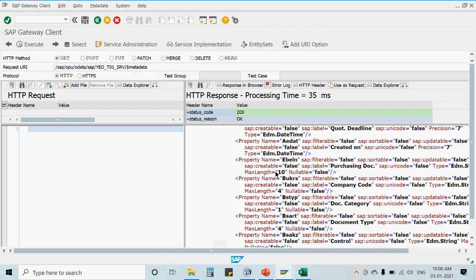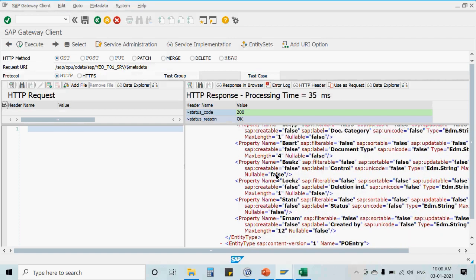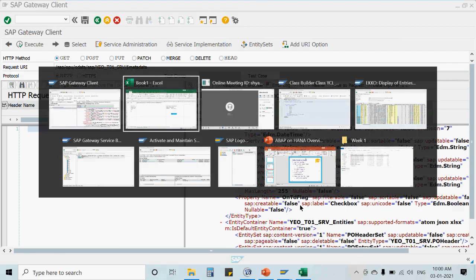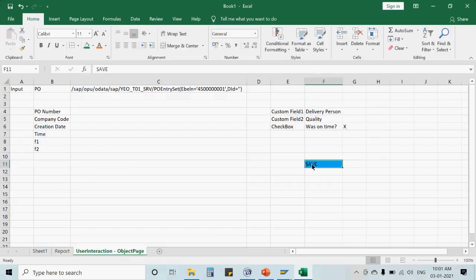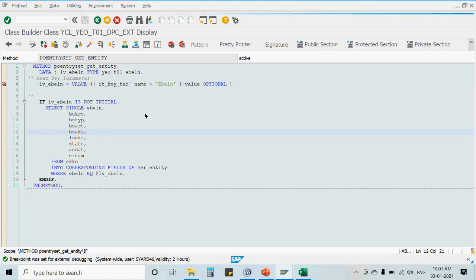After doing the binding, whatever input the user is providing, let's say the user types the delivery person name, delivery person quality, he specifies X over here, so in Boolean it would be converted to true. Post that, he will click on a save button. So whenever he clicks on save, we should be able to save the data and create an entry for it. So whenever we create an entry, we have to read its input, whatever he is passing, and then create an entry in the custom table. For that,